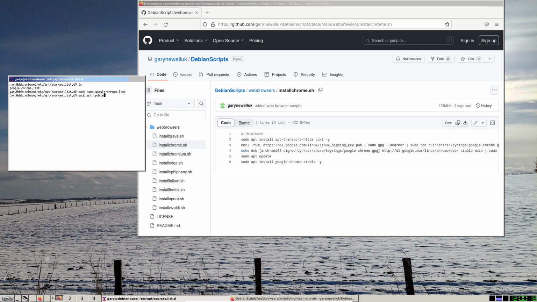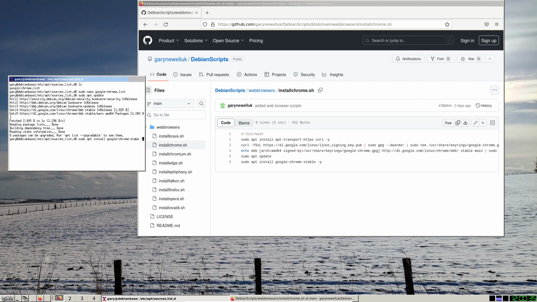If I run sudo apt update again, I can see it's worked this time, and now I can do sudo apt install google-chrome-stable